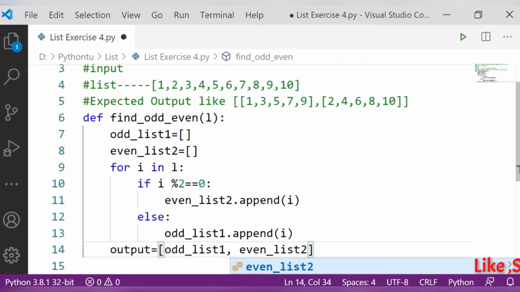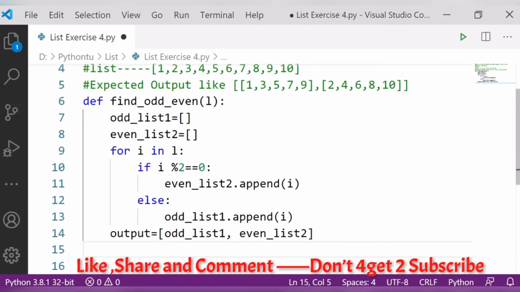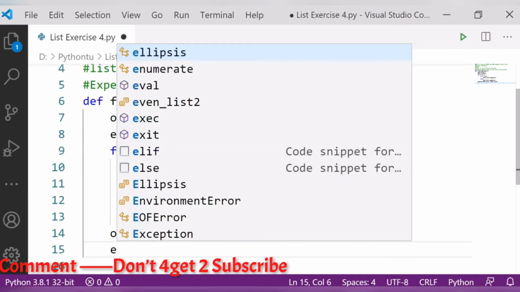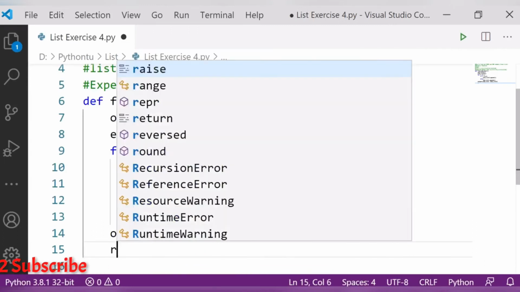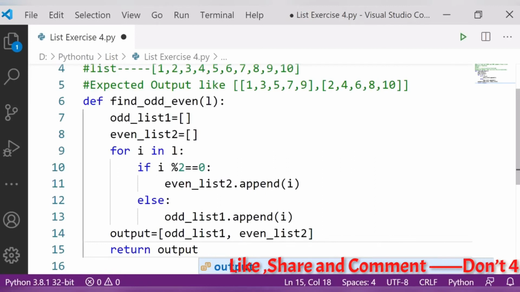Fine. Clear? Then return. Of course I have to return the value, return output.